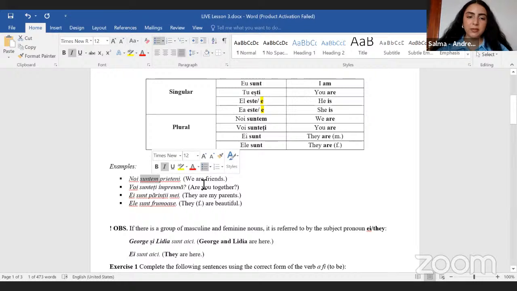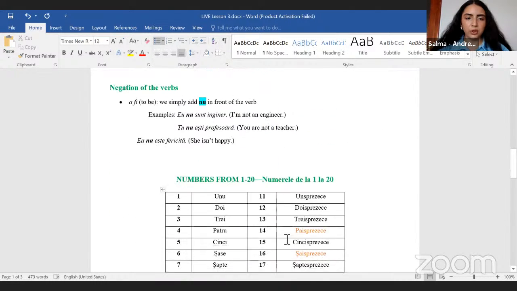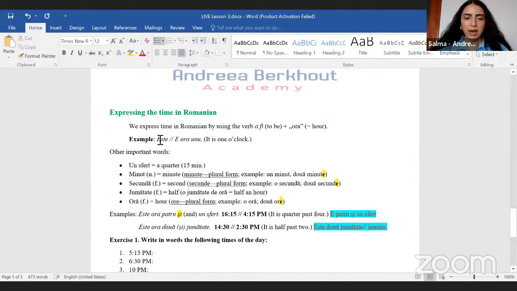But in English, we need to specify the personal pronoun because we have only am, is, and are. So if we don't mention it here, we could be talking about anyone, basically. We could be talking about you, about they. So we're not sure. That's why we have to mention it. And this goes on for the other conjugations of the verb. Okay, so that is why here we just have este. We don't have to mention a personal pronoun here. So este ora 1, it is 1 o'clock.